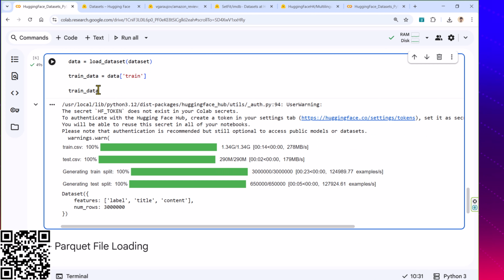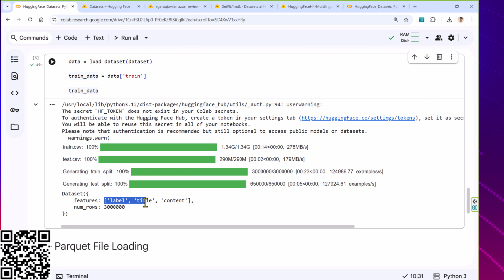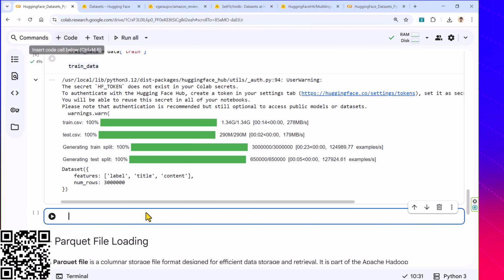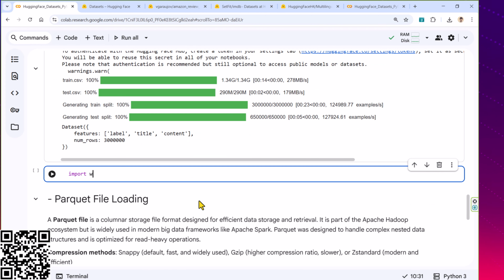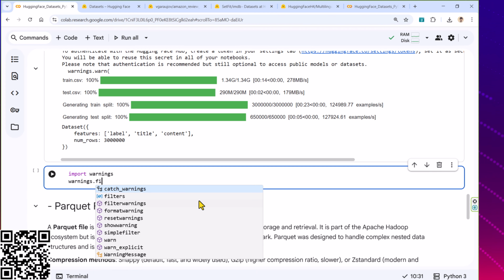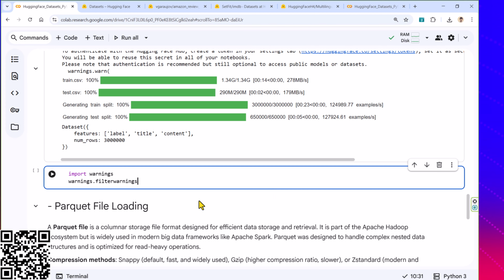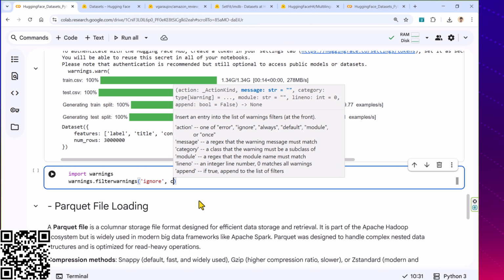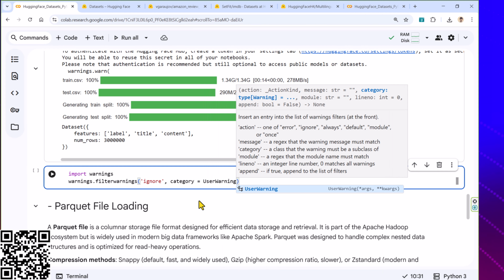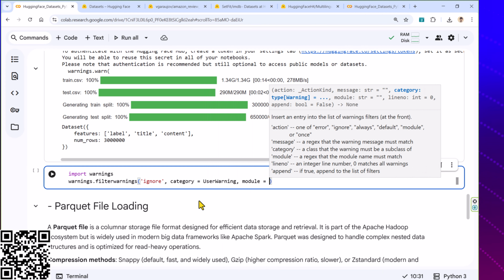You see that the train data comes with these three: label, title, content. We need to get this content. So let's modify it. I want to go with one more cell. I want to say import warnings, and then warnings dot filter warnings, please ignore category user warning for module